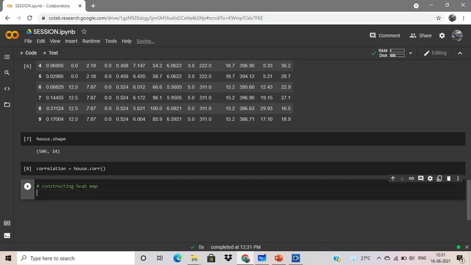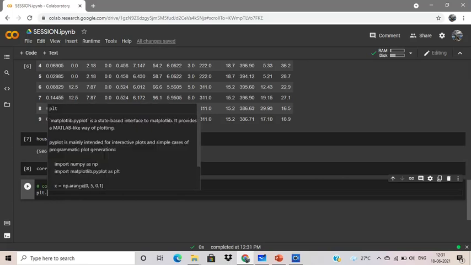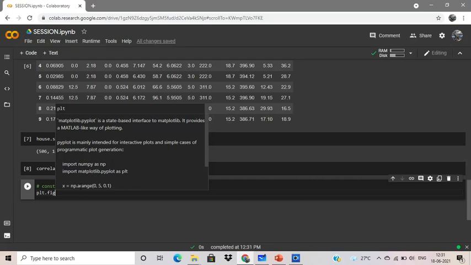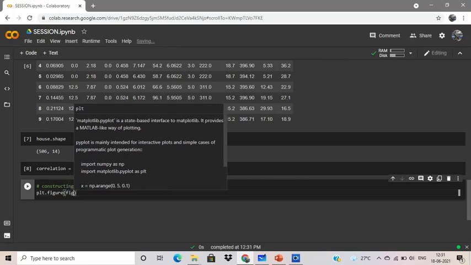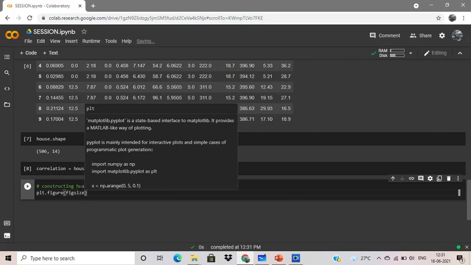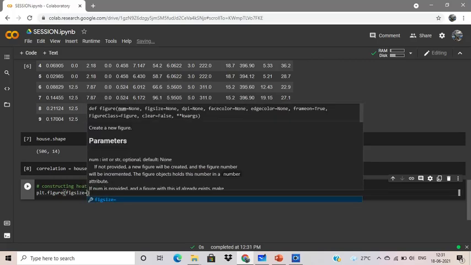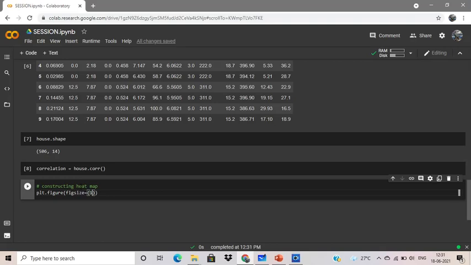So here we will use the libraries which are used in data visualization, like Seaborn and Matplotlib. So plt, which is the Matplotlib library, figure size. I am putting a fixed size, you can put whatever you want, but I am putting 10 by 10. You can give a different size also, it will not make a great difference.